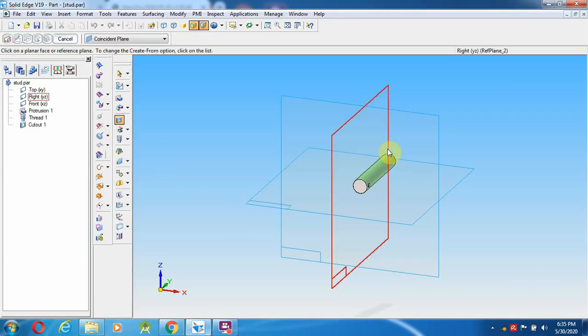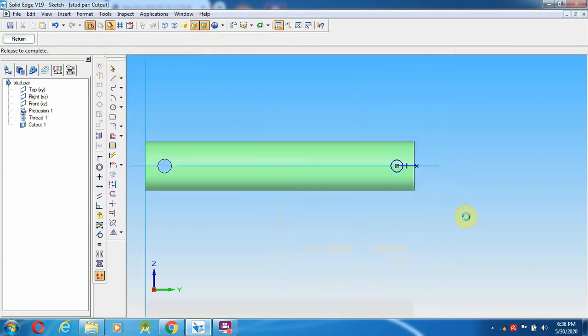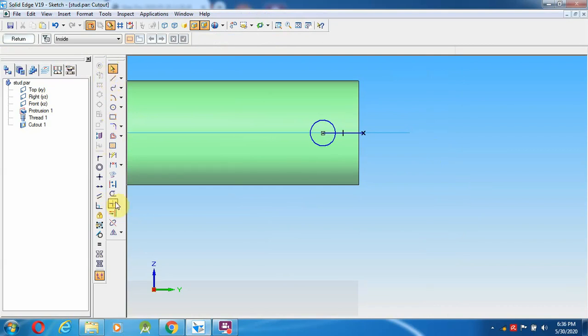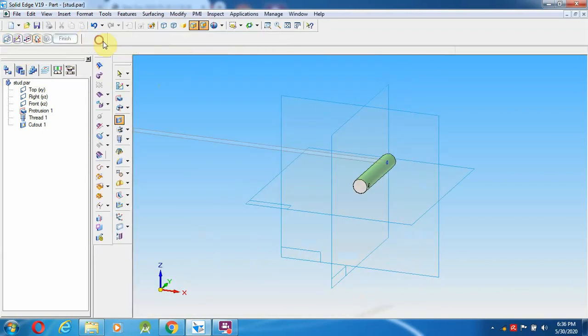Go over here, cutout, the same one, select from here 4 mm and select a circle over here from this distance 2.5 mm and trim. On coming out, return, symmetry, extend both sides and save. So like this the stud we have to create.